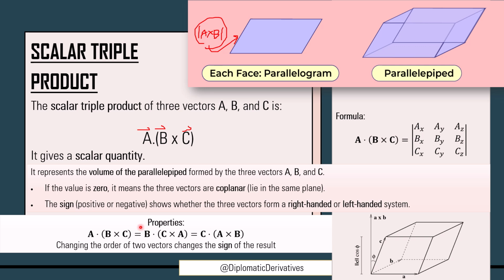If you change the order, for example, in place of b you have c and c, just replace b cross c becomes c cross b. So the sign changes. All right, so changing the order of these two will also change the sign of the resultant. Okay, so let's